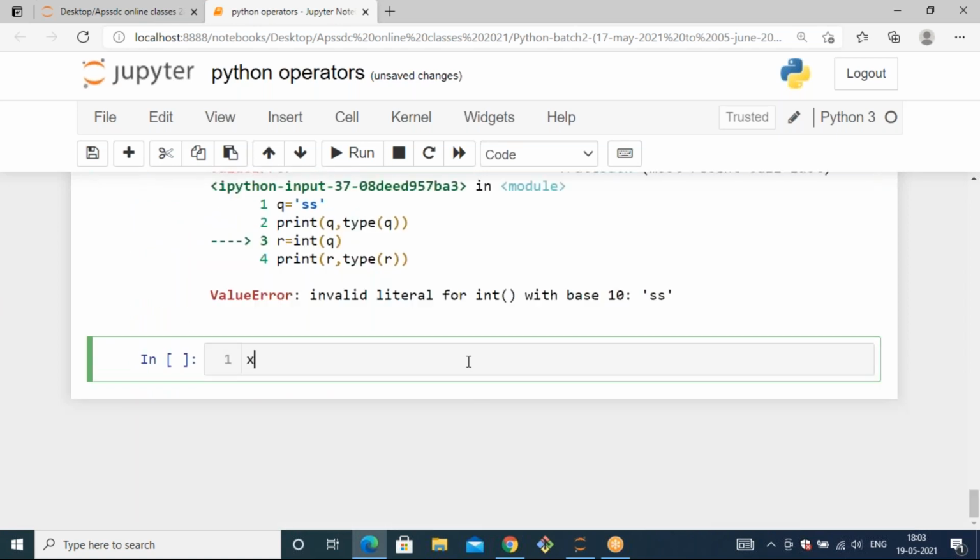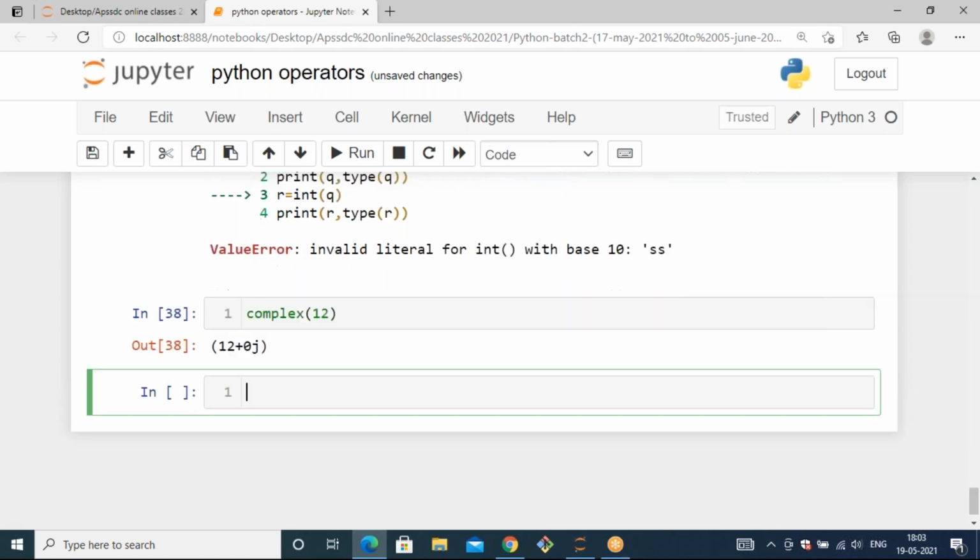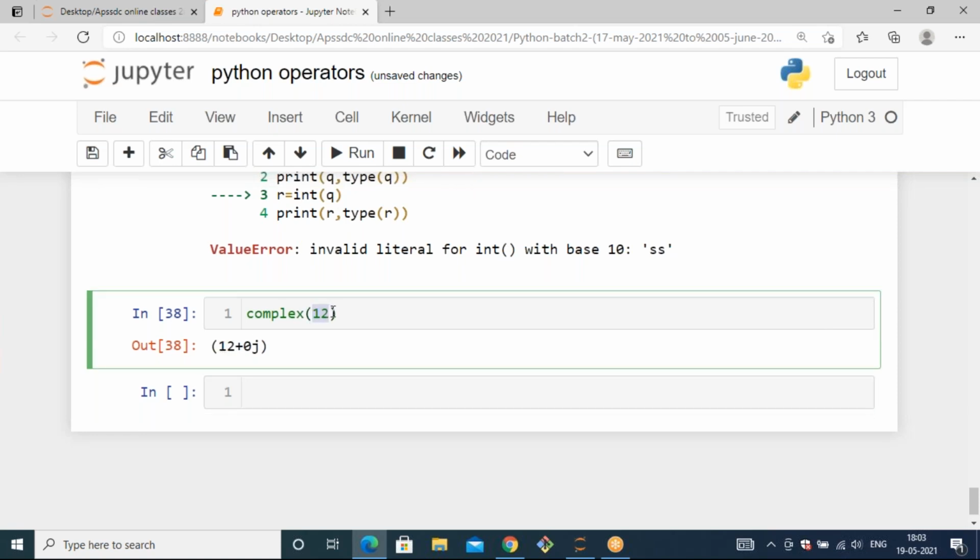Let's say I have x equals 12, and I pass complex of 12, it will convert like this. Whatever integer we have will be taken as the real number. The imaginary part is taken as 0 by default. Like this, you can convert an integer into a complex.